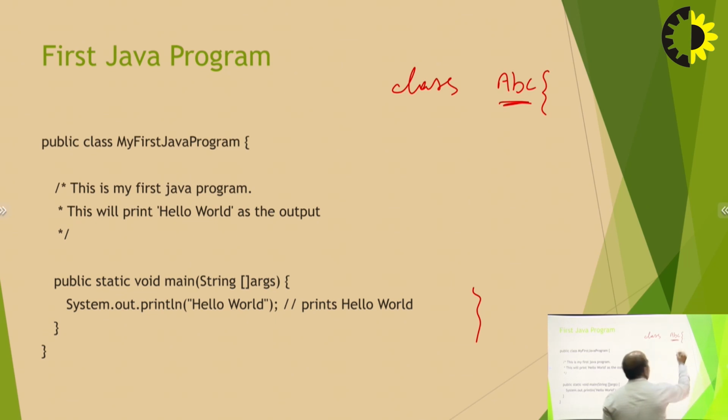After that write open and close curly braces, and within those curly braces you write your code. Within that I have created a main method. You can have any number of variables and functions within this class,